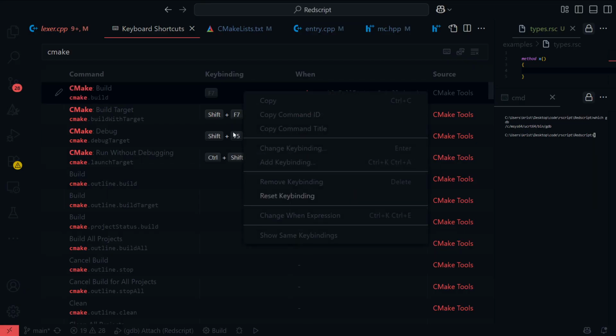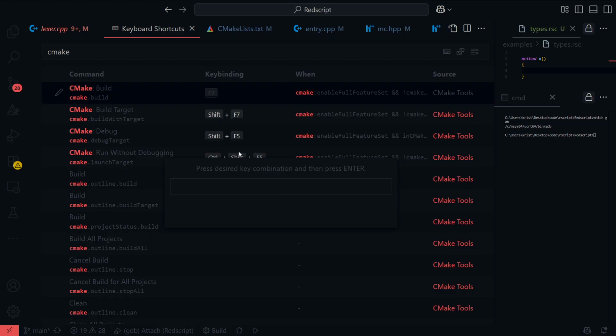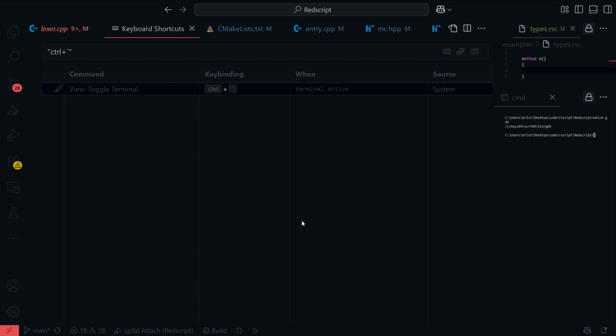What are we thinking, guys? Change keybind to... Wait, what keybind has this? Toggle terminal. Yeah. And Control B toggles my sidebar.